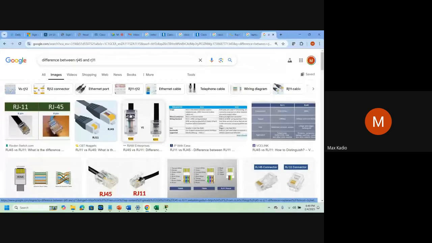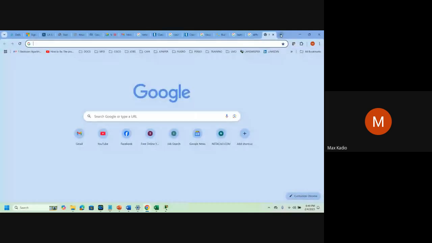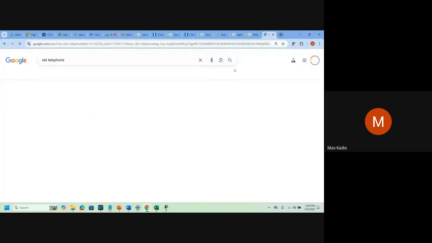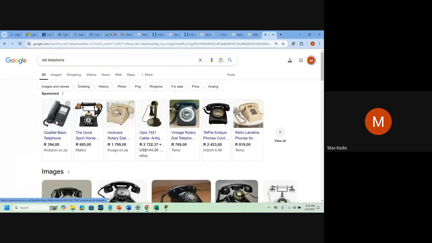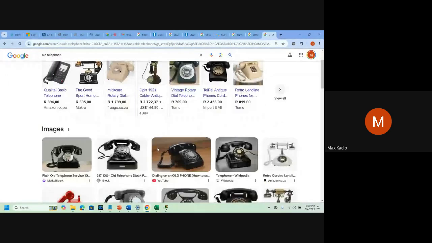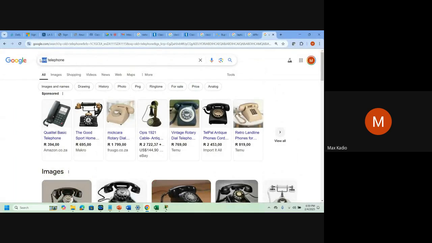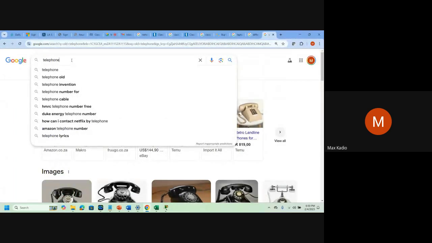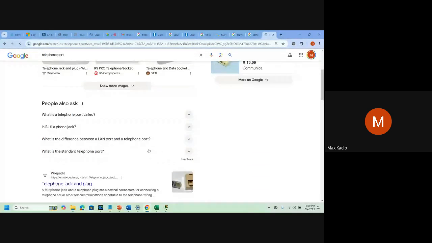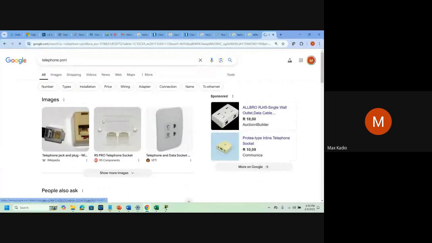And if you have a telephone line, the old telephone, you plug it at the back of the telephone. Old telephone. Yeah, these guys, okay, not very old. Let's say telephone port. What is it? Let me go to image.